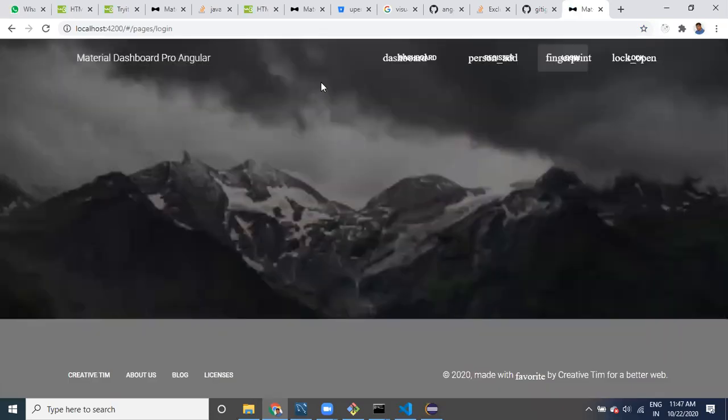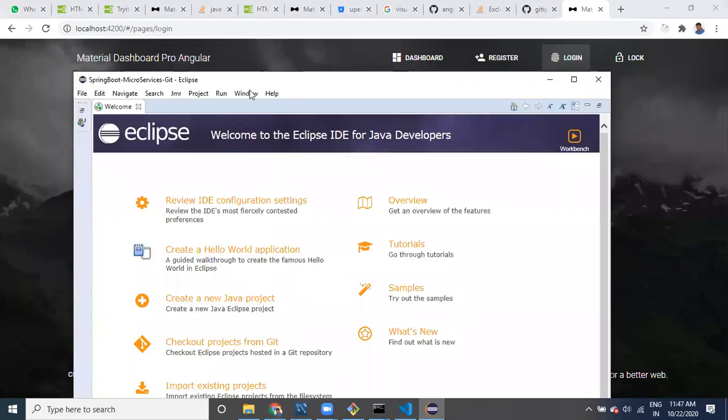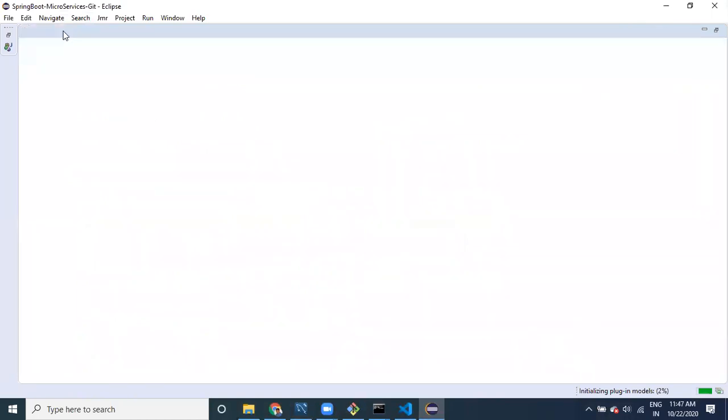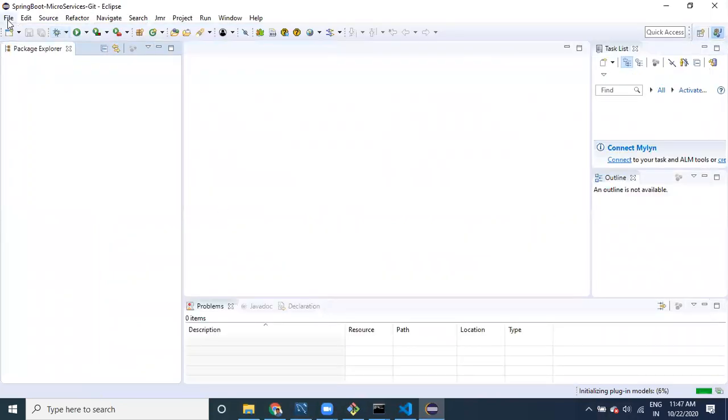The code is available right now. Yes, the file is open. Meanwhile, once the applications are done, what we need to do is bring the code into our editor.